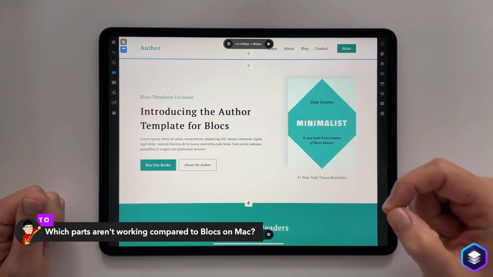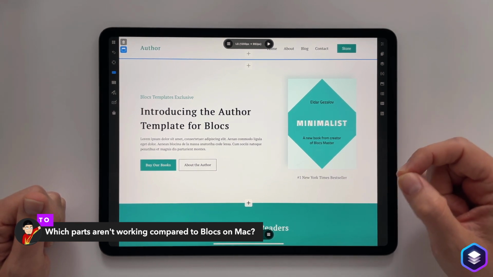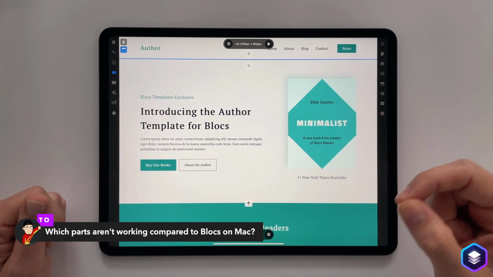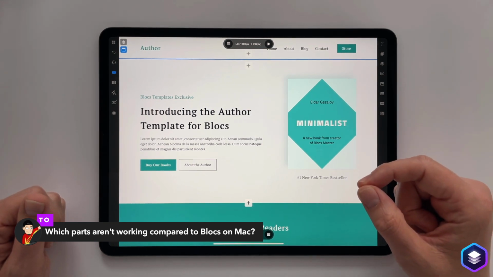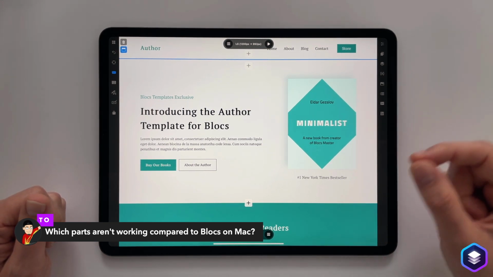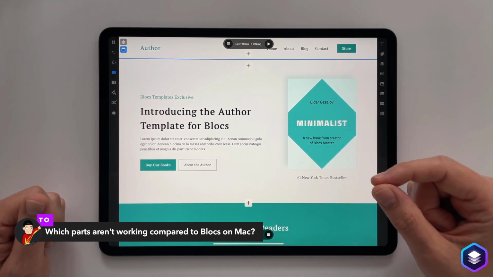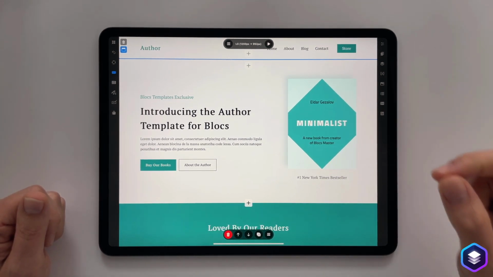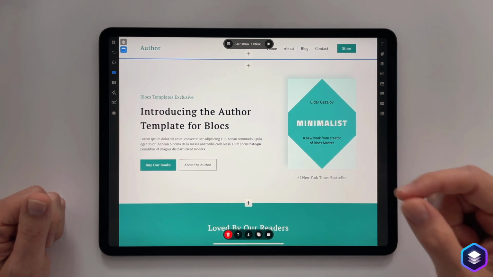We expect this functionality to be in the final version of Blocks, but we wanted to get this version out to testers as soon as possible, and we've decided to put that functionality to one side so we can focus on the core of Blocks before we start using third-party code running within the design environment, just to make sure that we address any core bugs that may still be in the software. So that's one of the key things that is different between this particular release of Blocks on iPad in comparison to Blocks on the Mac.